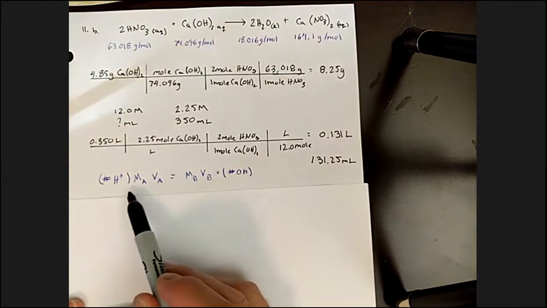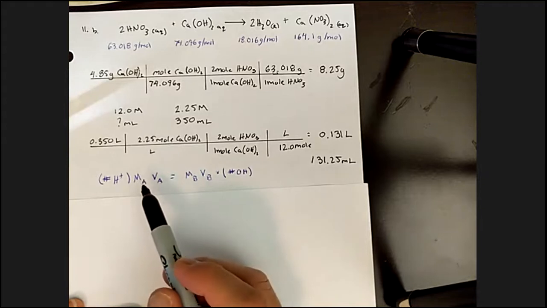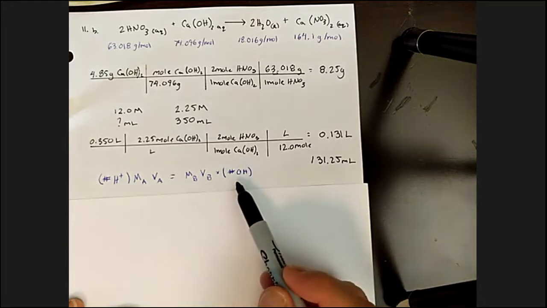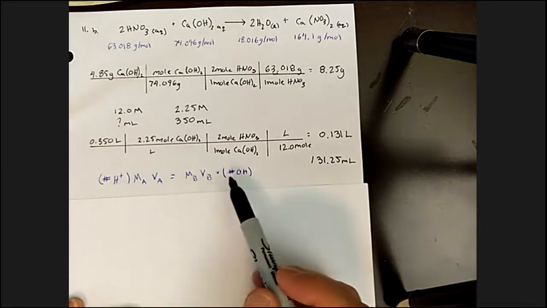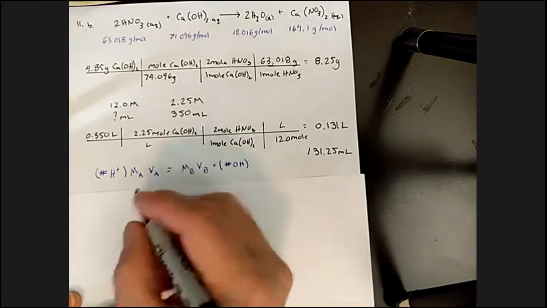Okay, so I gave you this generic equation before, MAVA equals MBVB. If we want this to apply to any acids and bases, you need to put this little adjustment factor on the ends. You have to multiply the acid side by the number of protons in the acid. You need to multiply the base side by the number of hydroxides in the base, because if you have